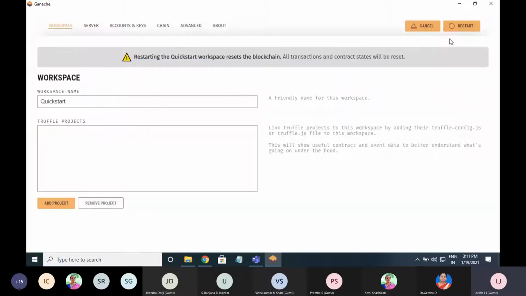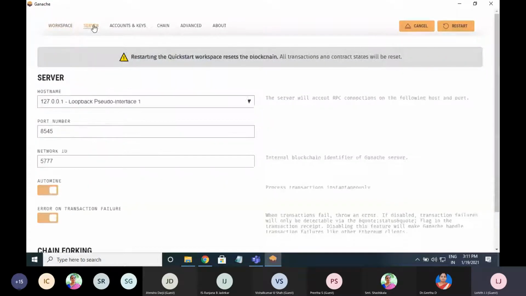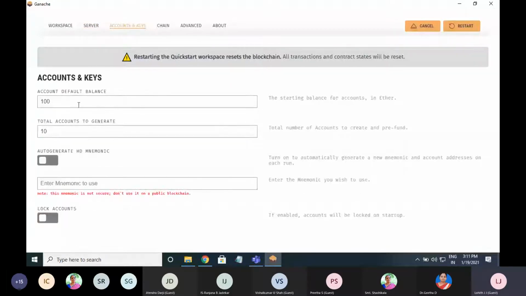See here, if you click on this settings, it will give you workspace name, server. See, host name is 127.0.0.1, which is the loopback address, port number 8545, network ID, then accounts and keys, account default balance 100, total accounts to generate 10. So if you want to simulate for more number of devices, you can set total accounts to 100. Okay.